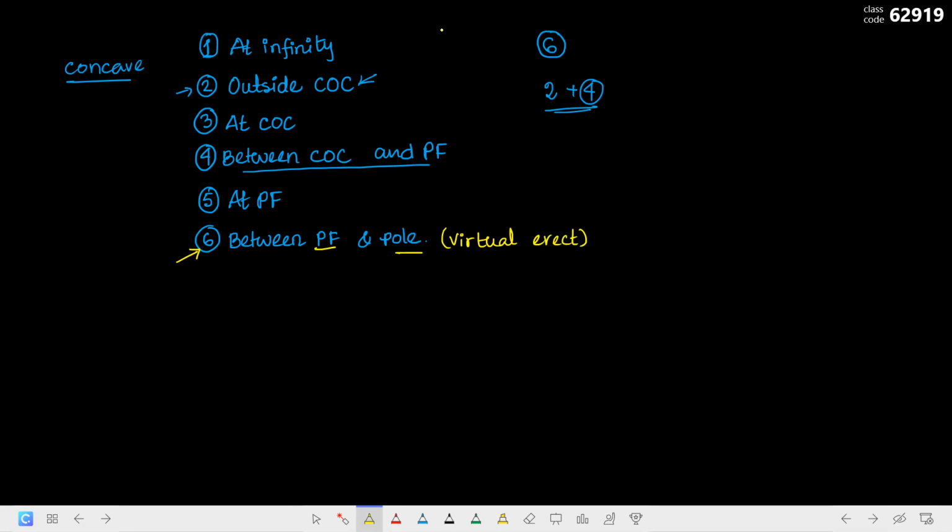আর বাকি সবগুলোর জন্য আমরা রিয়েল এন্ড ইনভার্টেড ইমেজ পাবো, আর এখানে ভার্চুয়াল এন্ড ইরেক্ট ইমেজ। বলো কারো কোনো সমস্যা আছে? মনে রাখতে হবে রিয়েল যদি হয় তাহলে ইনভার্টেড, আর যদি ভার্চুয়াল হয় তাহলে ইরেক্ট।